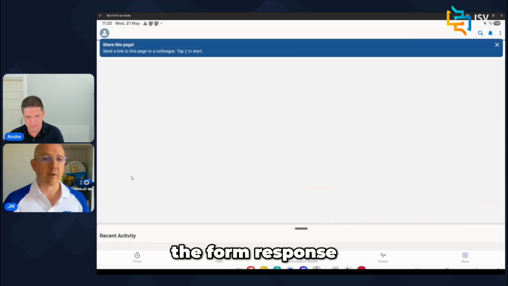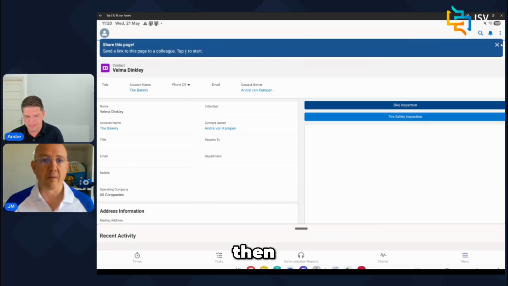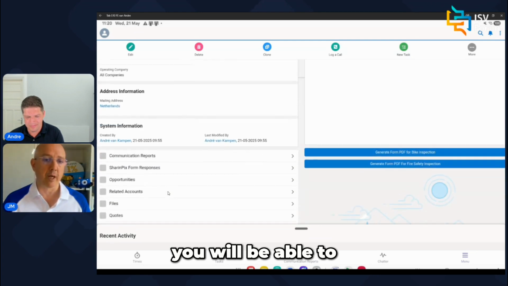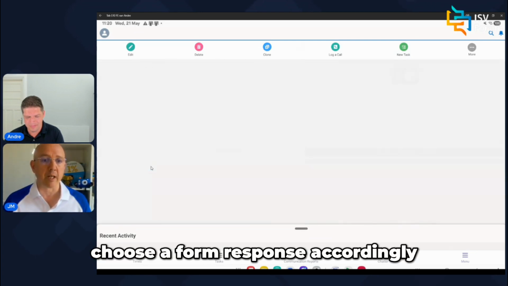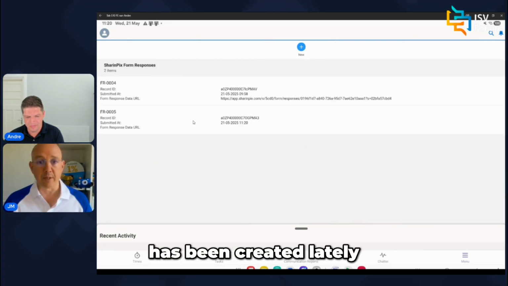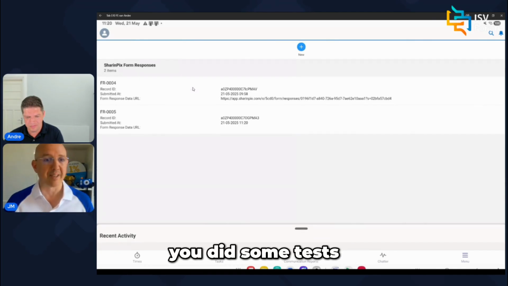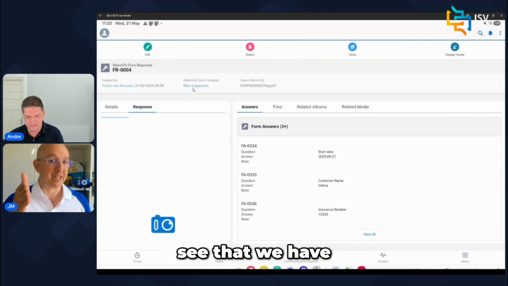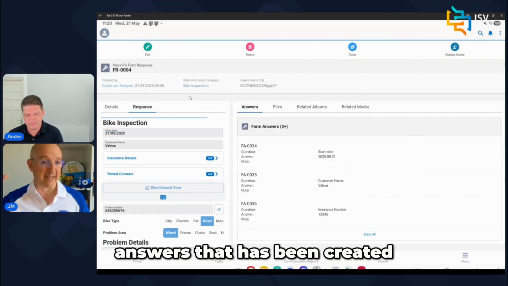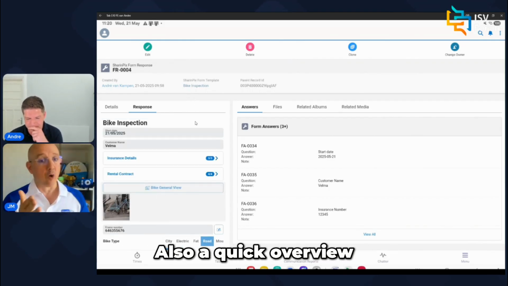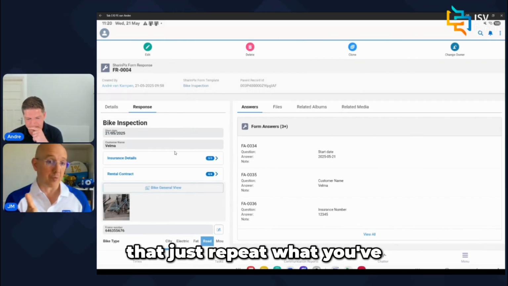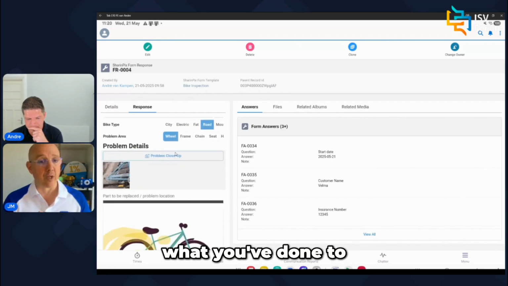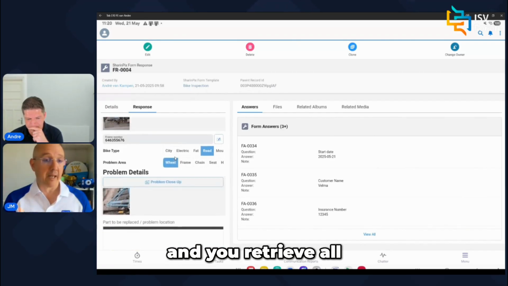If you click on the form response, then you will be able to choose a form response accordingly. And the one that has been created lately, you did some tests this morning as well, I suppose. Yeah. And from there, you see that we have as many records as answers that have been created. Also, a quick overview that just repeats what you've done to have quick access, and you retrieve all the